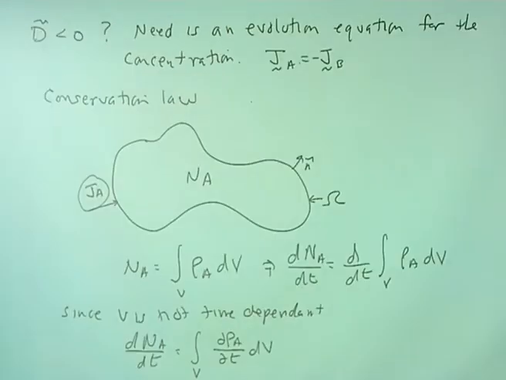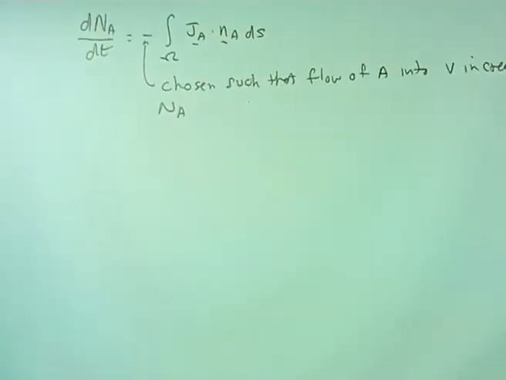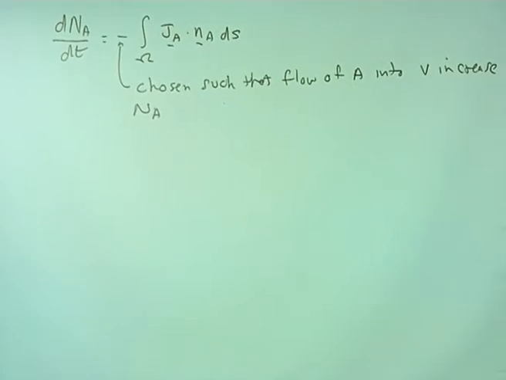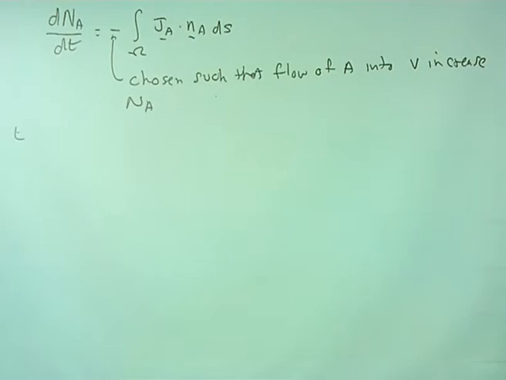So if you go back to this picture, if the flux is in the opposite direction to the normal, and the normal is pointing this way, if the flux is opposite, that means that J dot n is negative, so the negative sign here will give you a positive dN_A/dt. And so you equate these two,